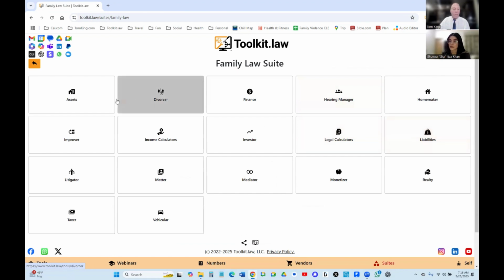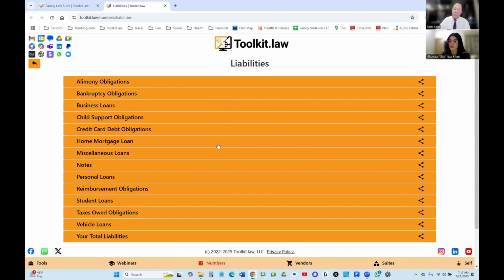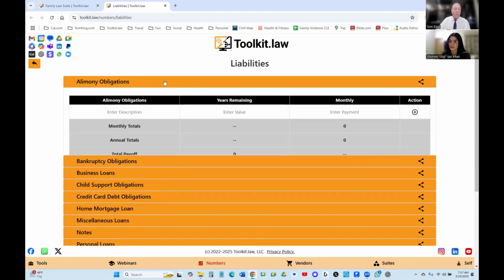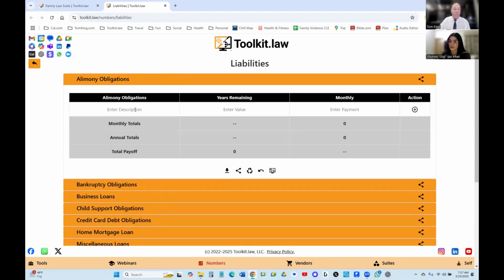Legal calculators. You know how we were able to organize assets? Well, we can do the same thing for liabilities. And so when it comes to liabilities, it may be for a civil lawsuit, it may be for a personal injury lawsuit, it may be for a divorce lawsuit, or whatever you call the separation of two people who are married together. So we have alimony obligations, bankruptcy obligations, and you could say, as crazy as this sounds, mother number